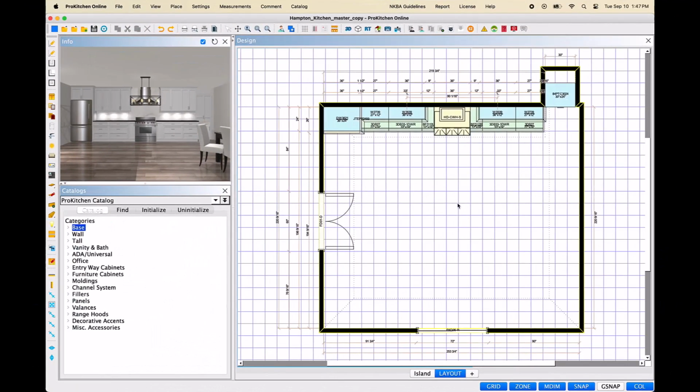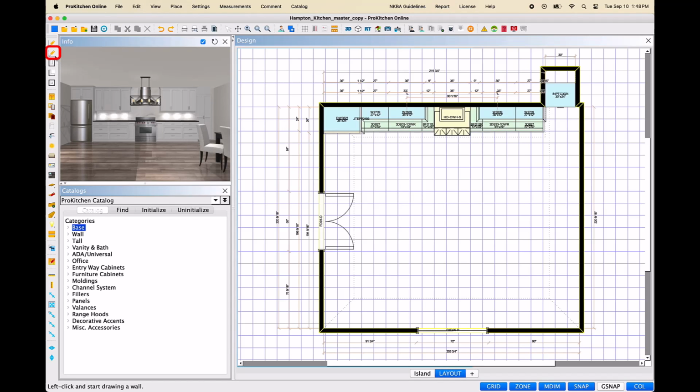In ProKitchen, it is necessary to have a construction line or a wall as a foundation for your island. This will ensure that you will have available wall placement zones, be able to create elevation views, and have proper rendering in 3D. To draw the construction line, navigate to near the top of the left toolbar and left-click the